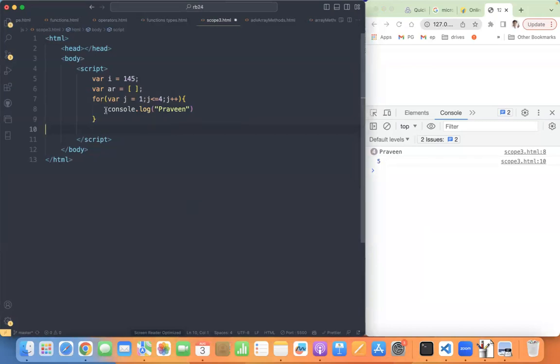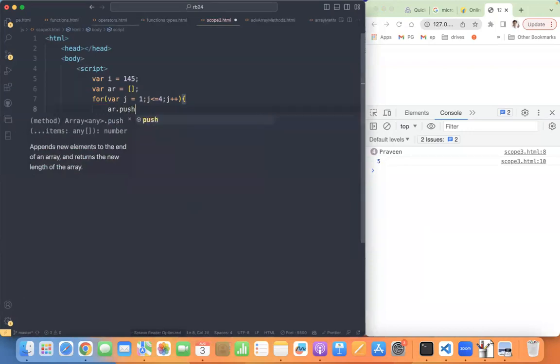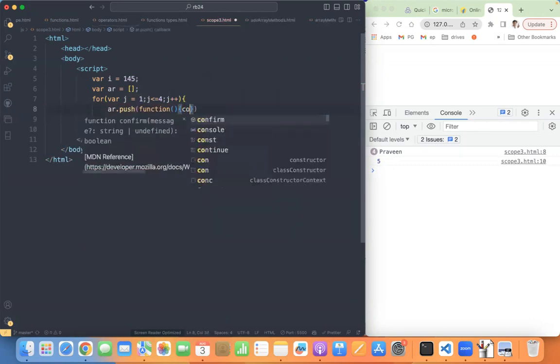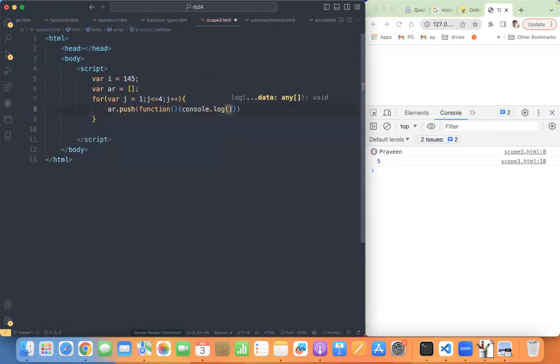చెప్పారు మొత్తం. ఇప్పుడు చూడు. What is AR? It is an array. Am I right? So here, AR dot push of function console dot log of I. So what am I pushing into the array? ఈ ఫంక్షన్ పుష్ చేస్తున్నా AR లోకి.